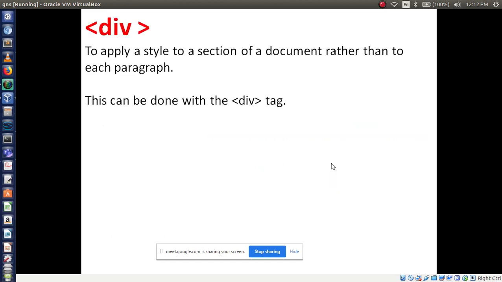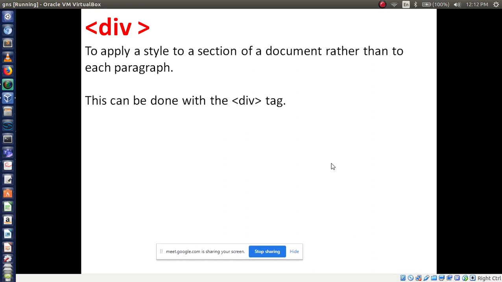Now we will start the discussion on the div tag. Sometimes they may ask you to explain the span tag and div tag. You are very familiar with the span tag, so today we will see the div tag. What is the purpose of using the div tag? You are aware of the frameset tag, where we divided our window column-wise or row-wise. Similarly, we can also divide our window screen division-wise.